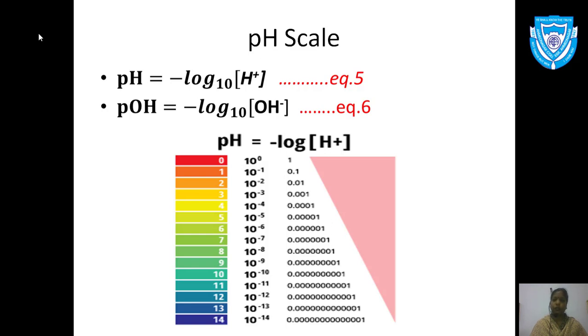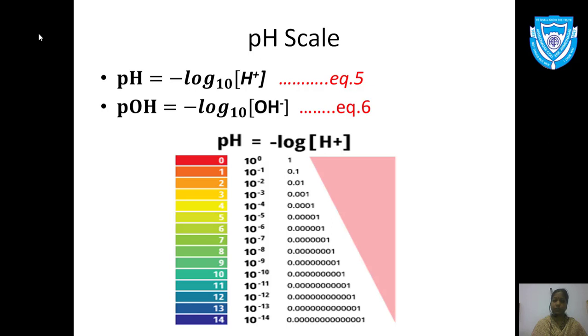Again if we go for 10 raised to minus 5, the concentration of H plus is 0.00001, that is 10 raised to minus 5. Converting this to the power of 10 becomes 10 raised to minus 5, and then find out the log. So minus log of 10 raised to minus 5 is nothing but 5. This way we can calculate the H plus ion concentration to the limit of 10 raised to minus 14. Minus log of 10 raised to minus 14 is nothing but 14. So pH becomes 14.